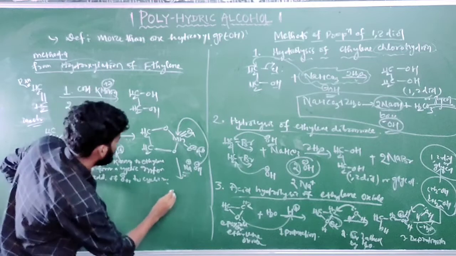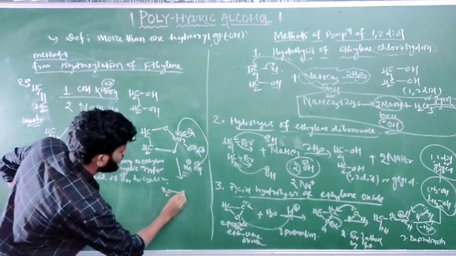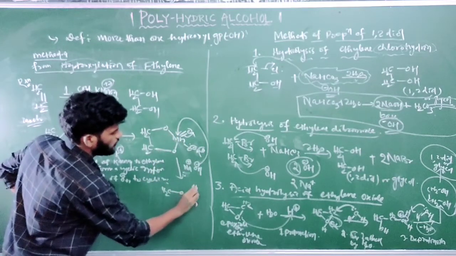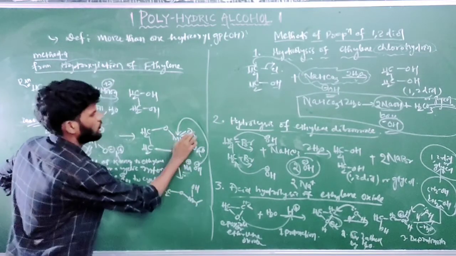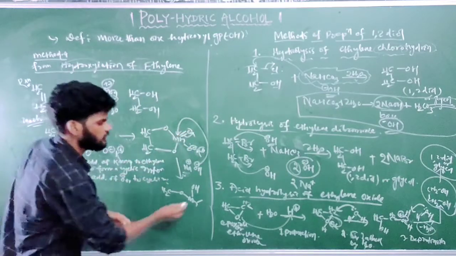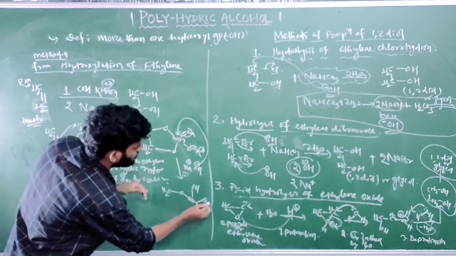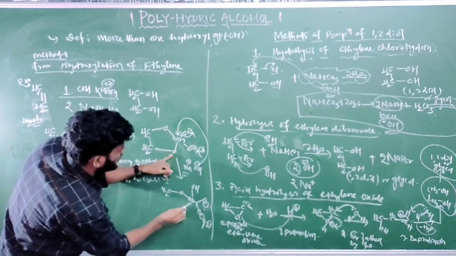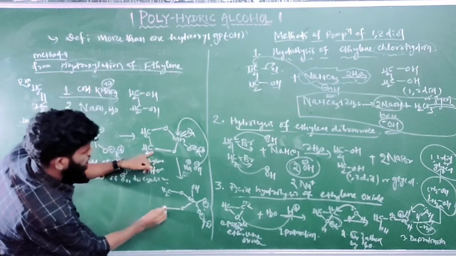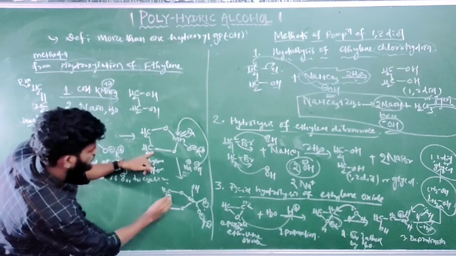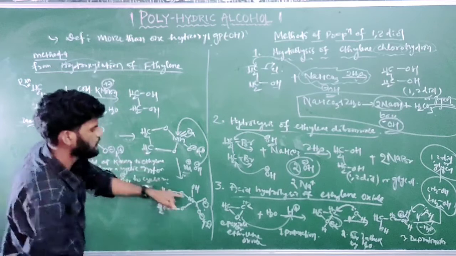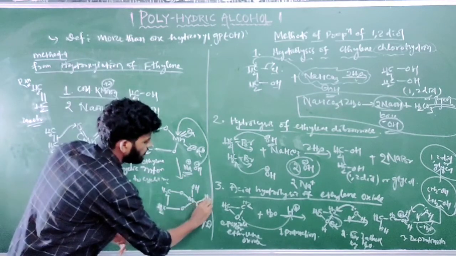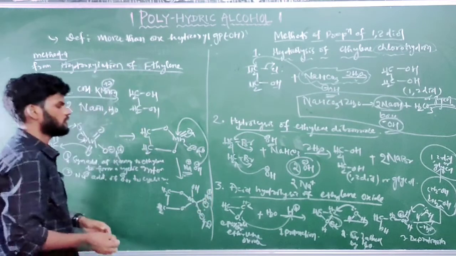So what is the product formed? CH2, oxygen, manganese. When OH attacks manganese, the OH group is attached to manganese, and this bond moves over to oxygen, and over oxygen there is a negative charge, O-. Manganese is attached to oxygen, and here oxygen is attached to CH2, and this CH2 is attached to this CH2. And here O-, and the counterpart from NaOH is Na+. So this is step 2.